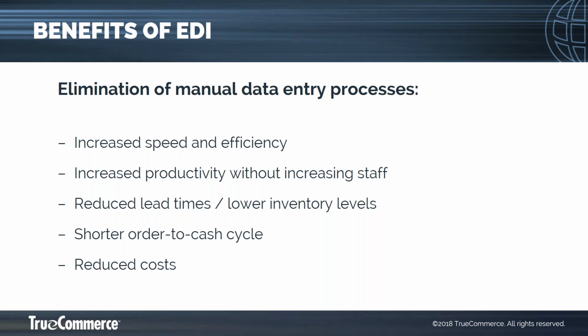And by having validation through the cycle to ensure what is ordered is what will be delivered and what has been delivered is correctly invoiced, then ultimately we're able to reduce lead times and the time it takes for suppliers to be paid. And ultimately, automation of processes helps significantly reduce the cost of doing business.